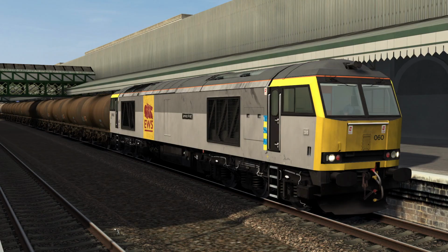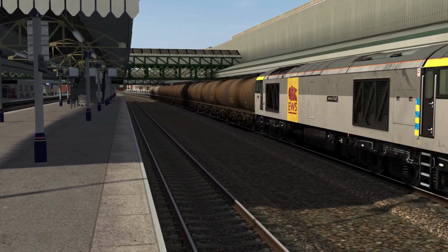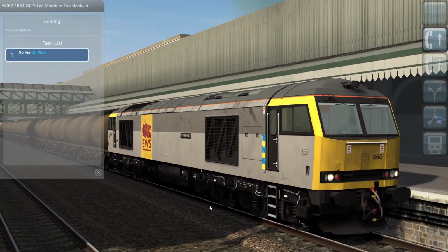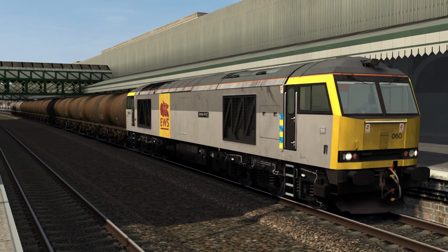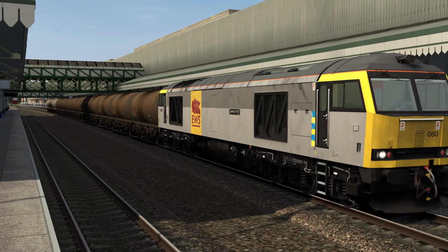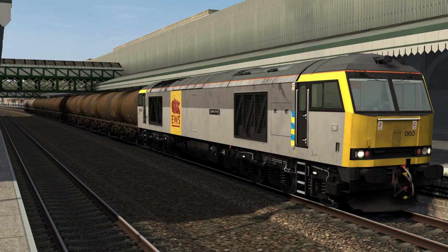We're running it along the Exeter sea wall as far as Newton Abbot today with train 6C62, the 1531 St Philip's Marsh to Tavistock Junction service. This train will have come up from Fawley refinery near Bournemouth, gone up to Bristol, dropped some wagons off of fuel for the rail depot, and is now continuing with bitumen tankers and fuel tankers towards